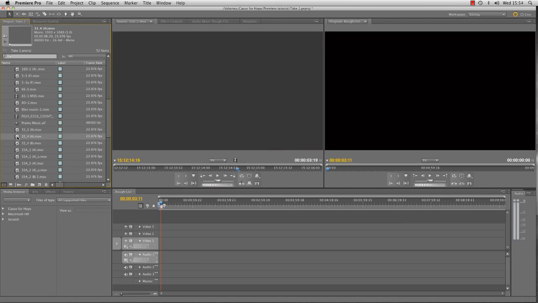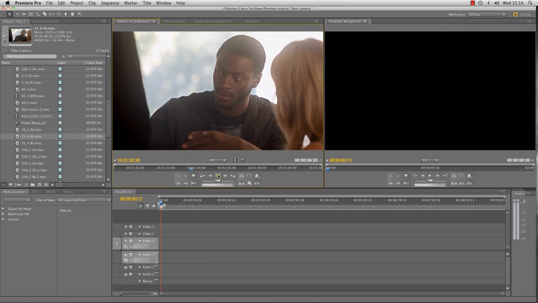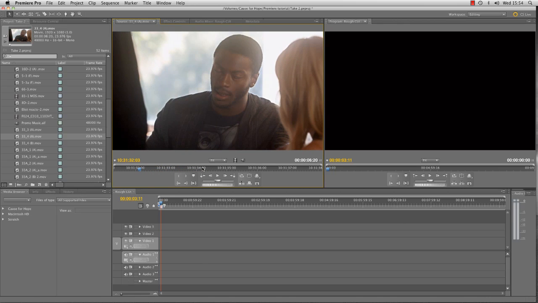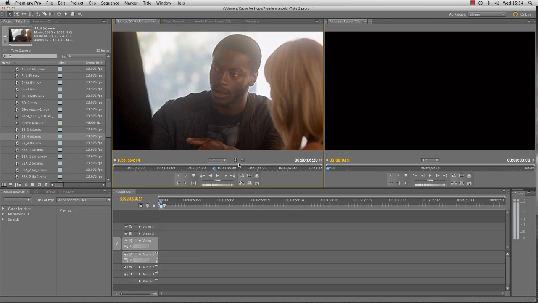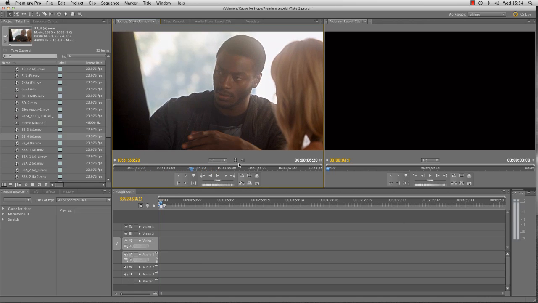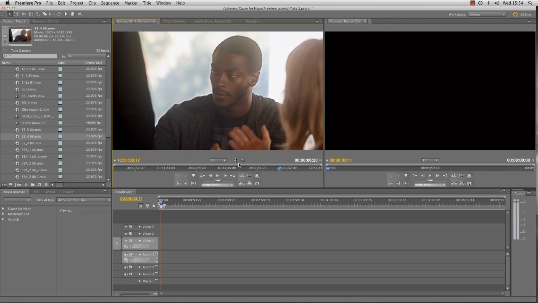Let's have a look. So we've got a clip with sound. And what I'm doing now, you see I'm not clicking on any of these buttons. I'm simply pressing the J, K and L keys. So L plays forward and K stops. J plays backwards with sound